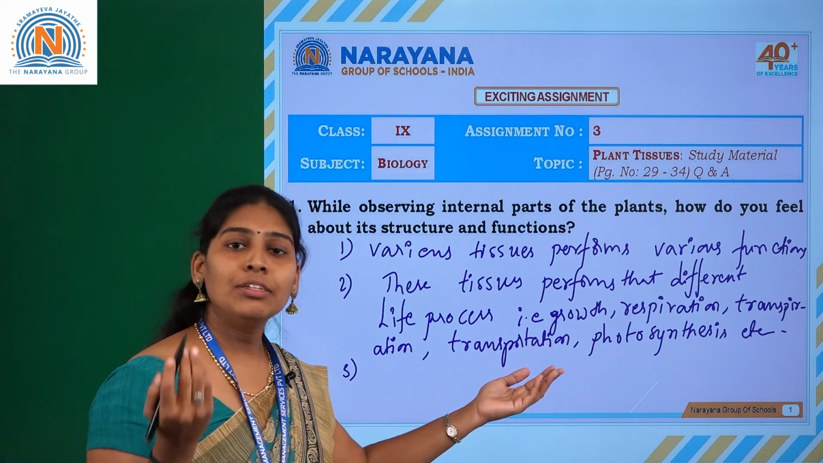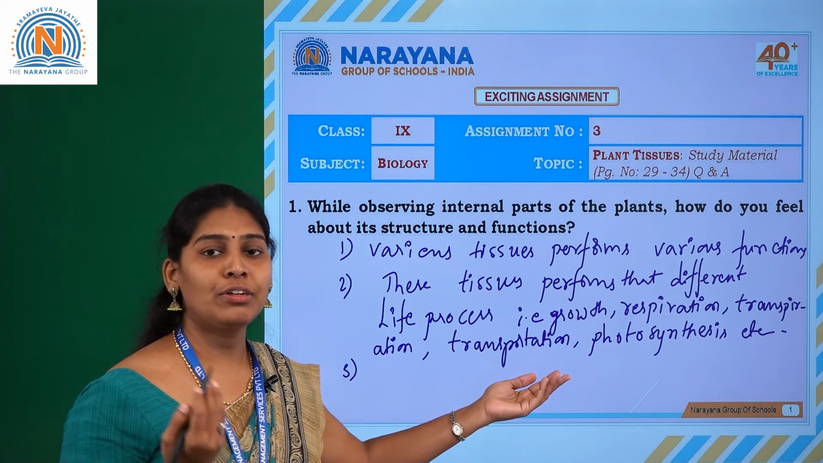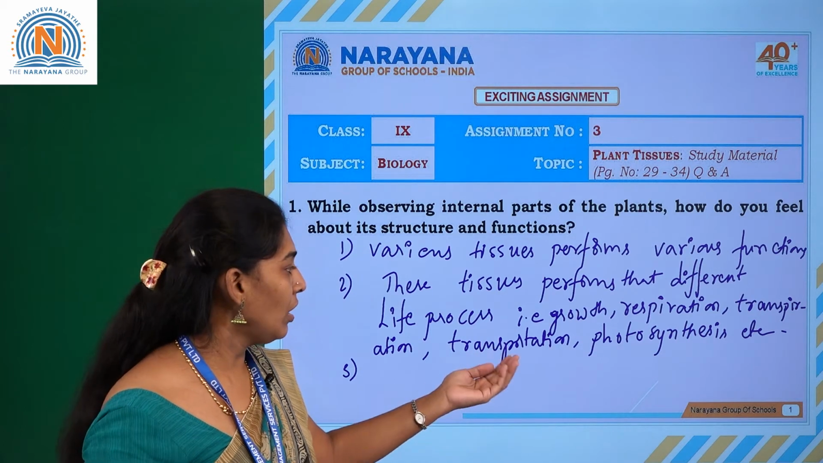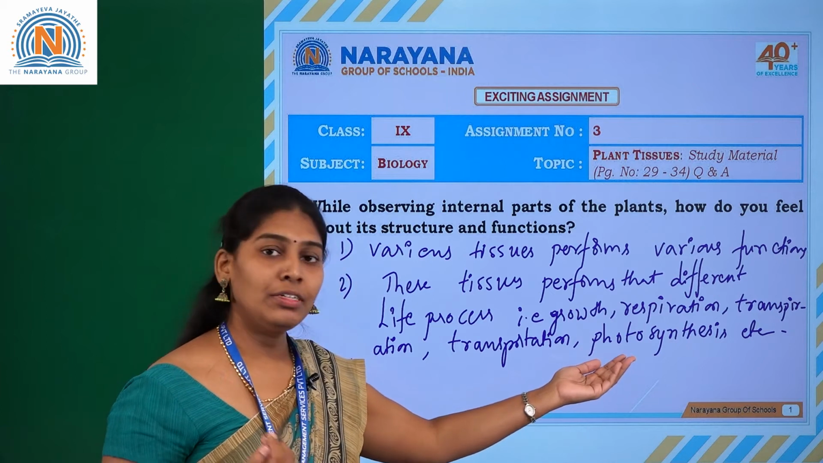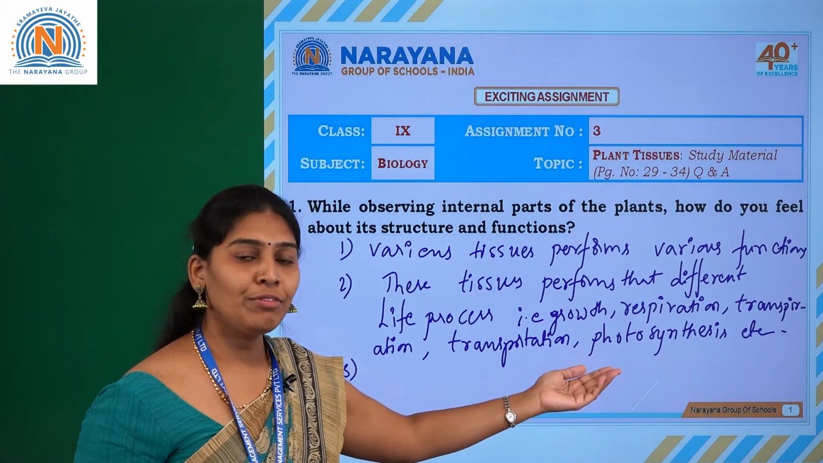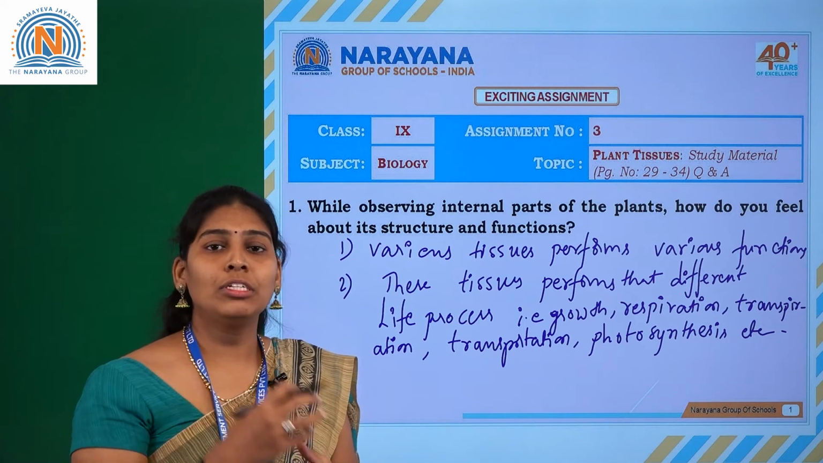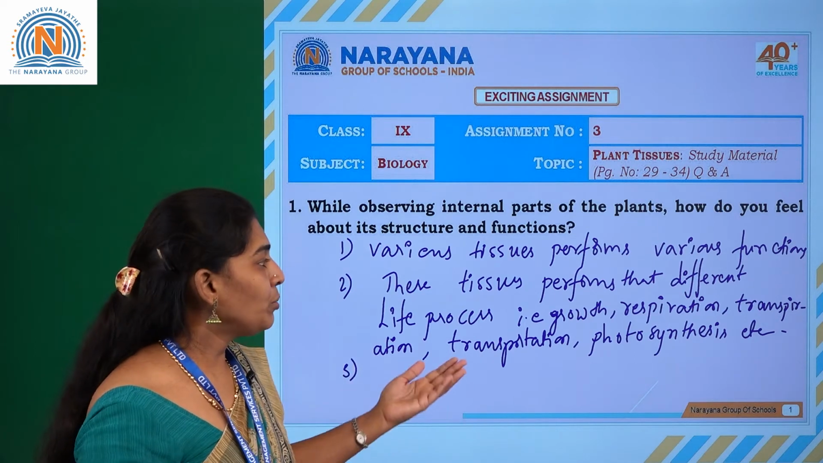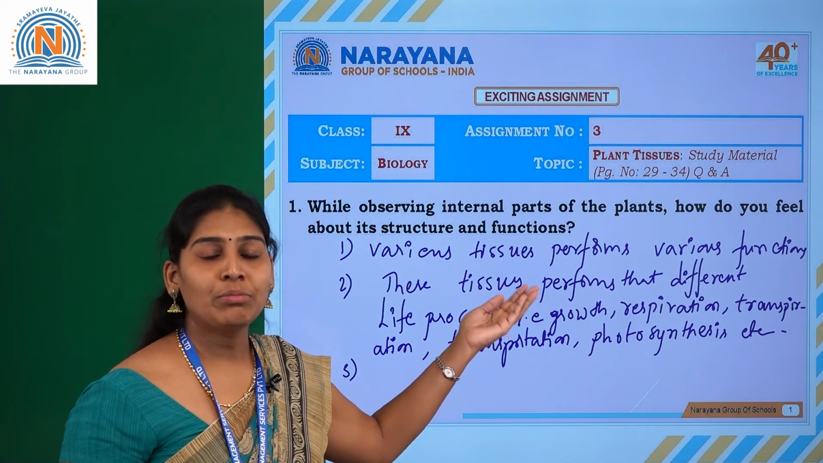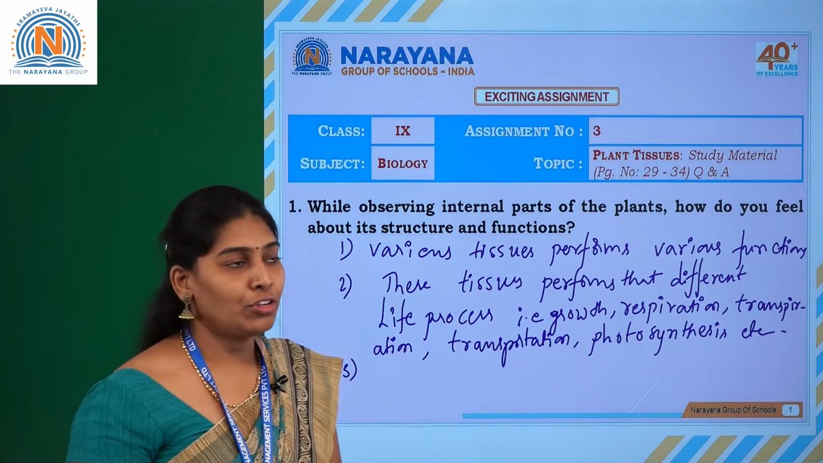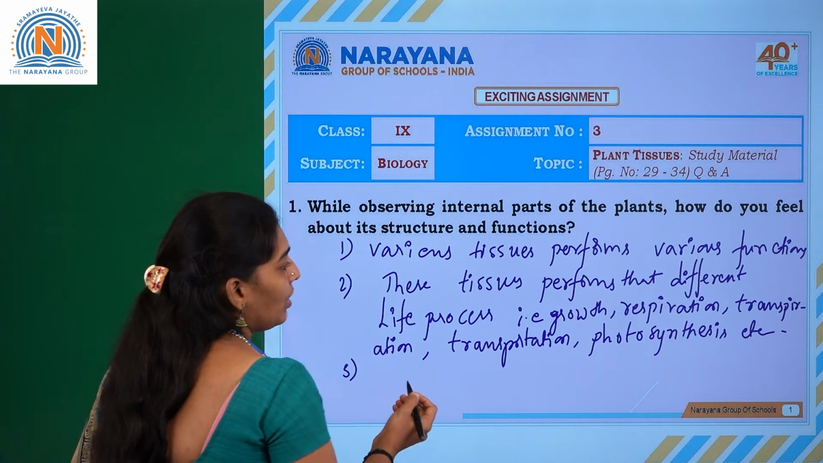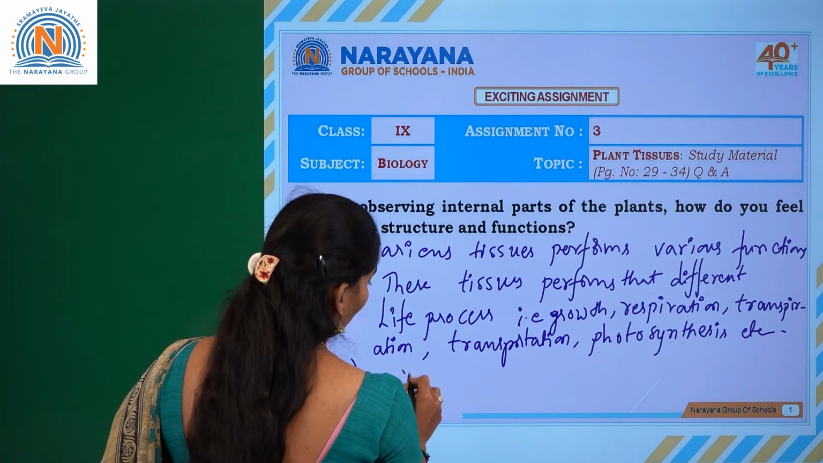Okay, so for example, xylem is responsible for transporting the water, whereas the phloem is responsible for transporting the food material. The leaf is an organ which is very useful for the photosynthesis process. So all these processes are performed by different kinds of tissues present in the plants itself. So we can write down that xylem